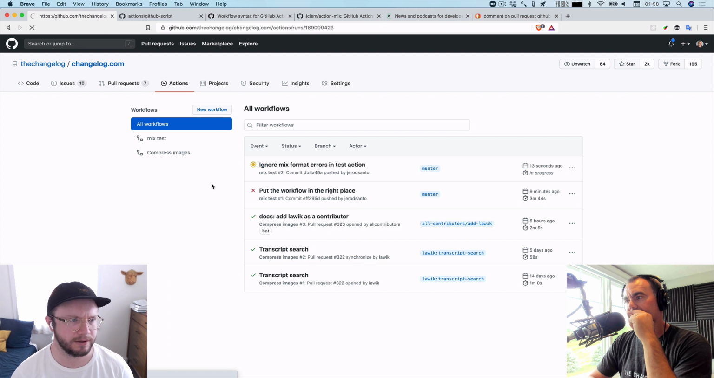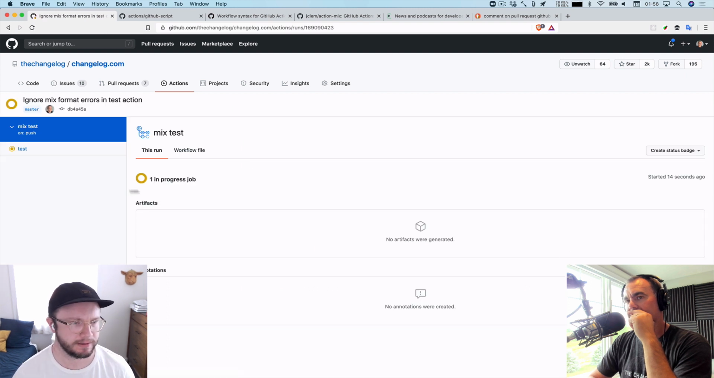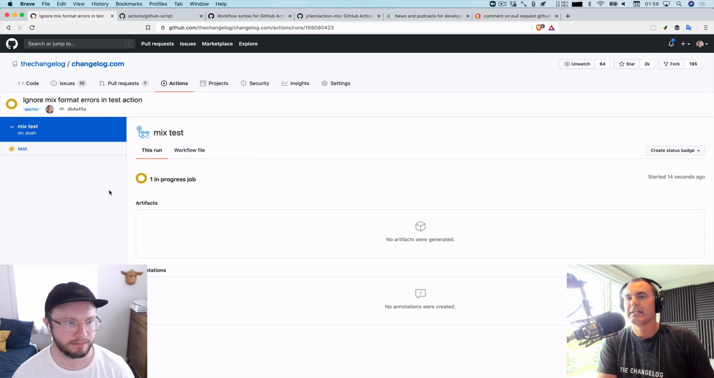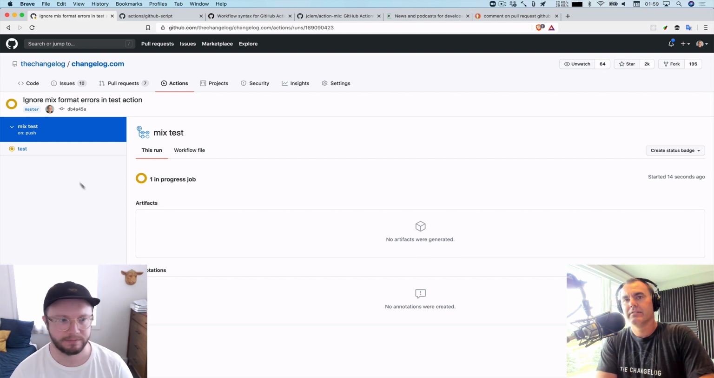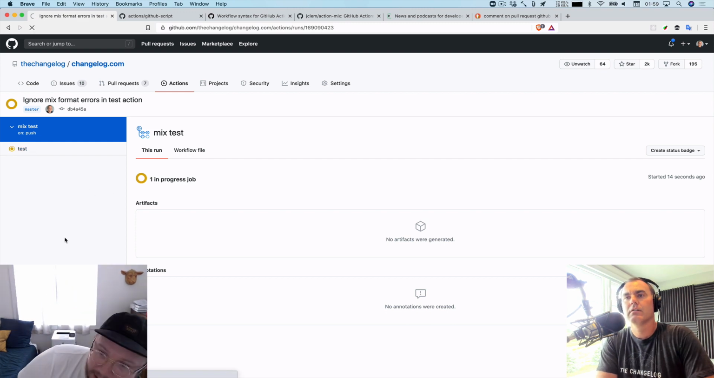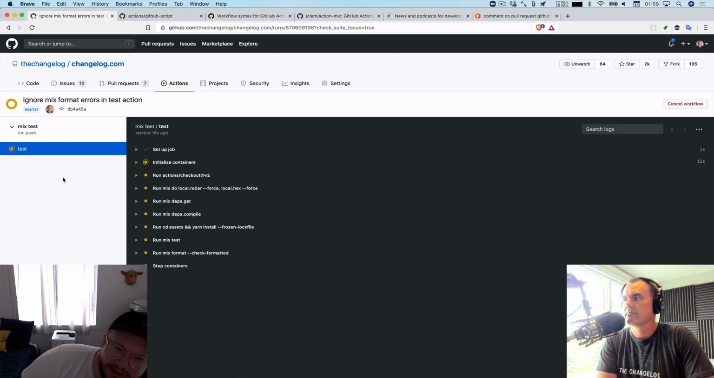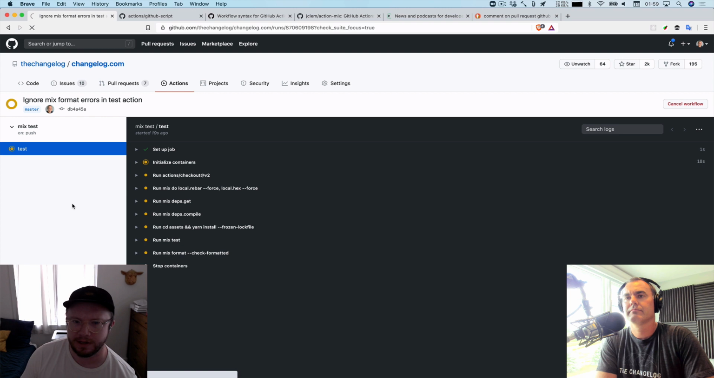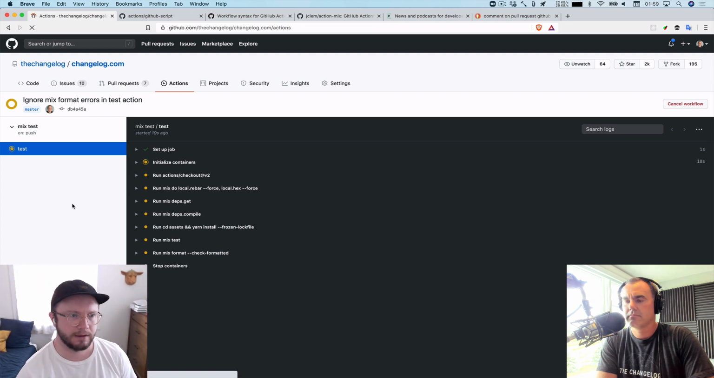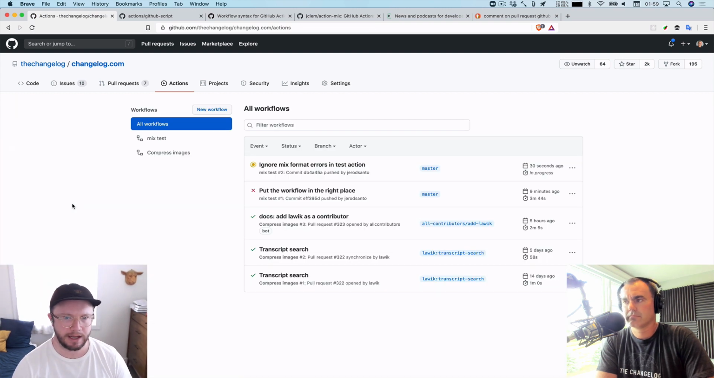Well, I committed that and pushed it up, so it's going to be running again. And I guess we could have added some of that caching stuff if we wanted to. Yeah, I can show you how to run this manually too. If you go back to the Actions tab, the main one, it'll show you a list of all of your workflows. So if you click on Mix Test,